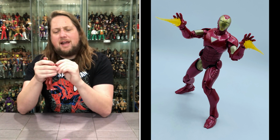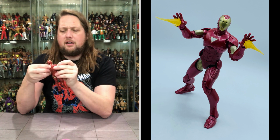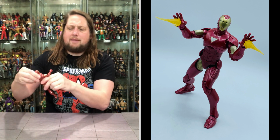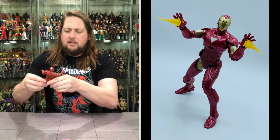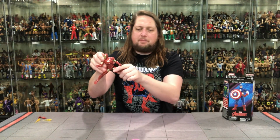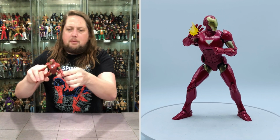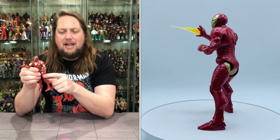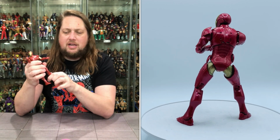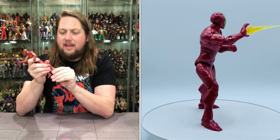Hands going to be removable back and forth. I like the fist. A good meaty fist here on this Iron Man. Looking nice. You got the hula hoop at the top like we've seen with other Iron Man. Good mobility out of that hula hoop too. Then you can do those big old splits. We do got those side pieces that can be pinched but can also move out of the way a little bit there. But good splittage there. You got a nice thigh cut, blocked here by the mechanicalness. I always appreciate that. Double jointed, pinless knees, playing the hits once again,